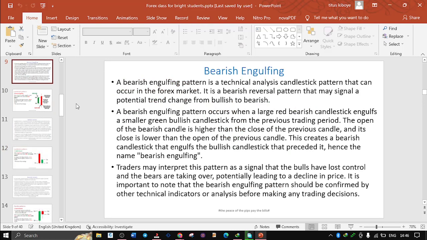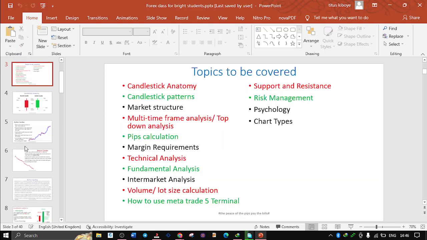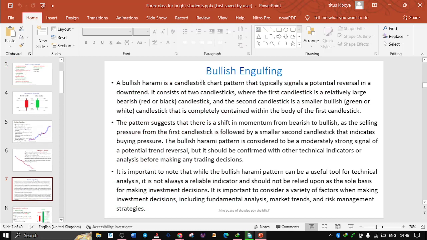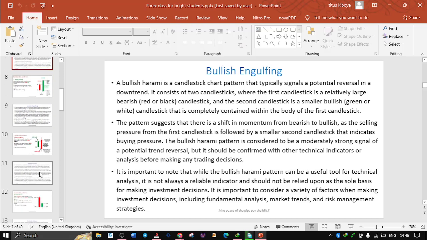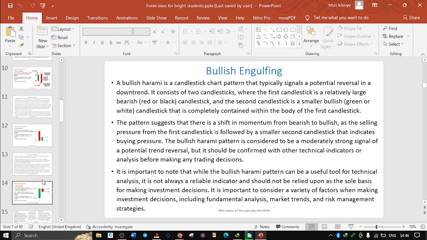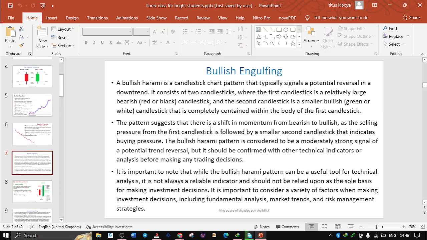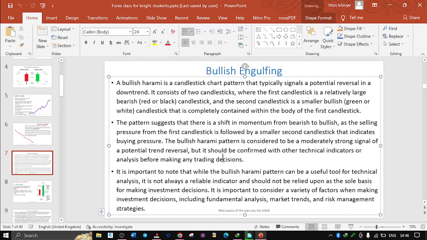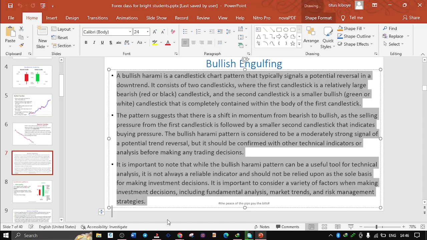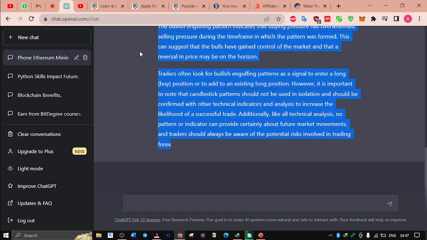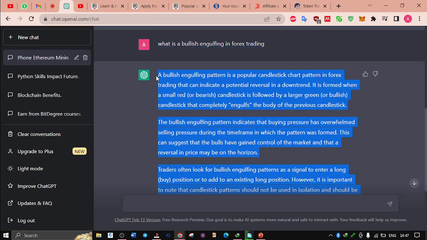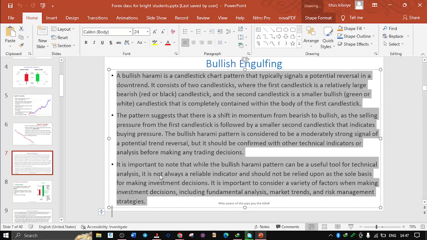I added the bearish engulfing definition, the bullish engulfing definition, the bullish harami, the bearish harami. You get it? This is where I based my strategy, and the strategy I'm going to be teaching you. I saw it is really important to add it to the slides, such that you are aware of it. Perhaps some other things that will come up, I will be adding them.